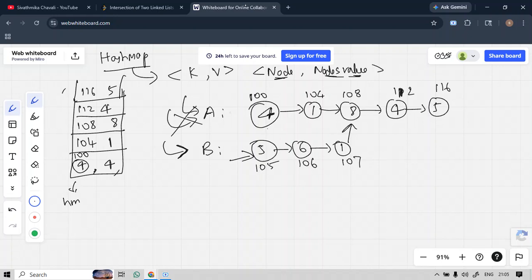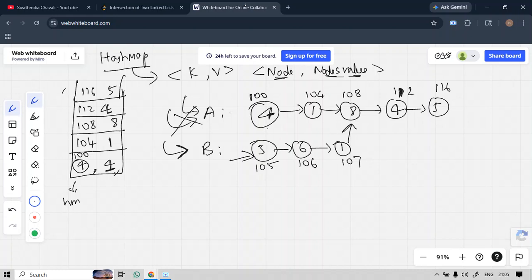If you see the values, 4 is duplicate. That might confuse us, because duplicates are present in both of our linked lists, so it will result in wrong output. Instead of comparing the values, we should compare our keys.